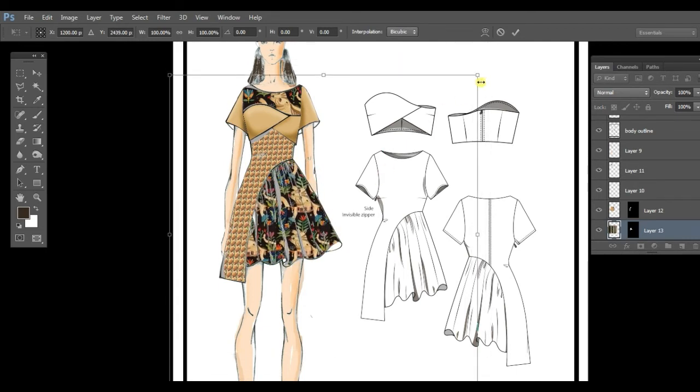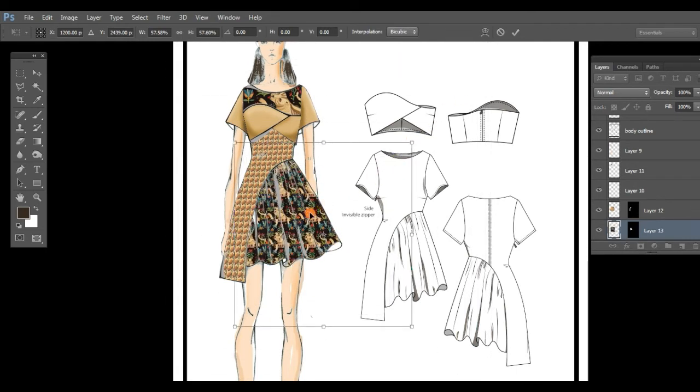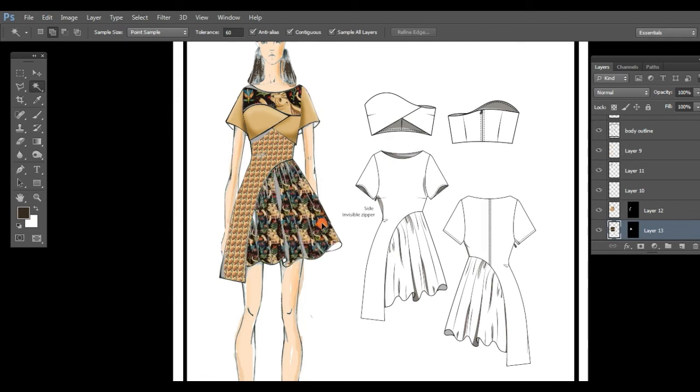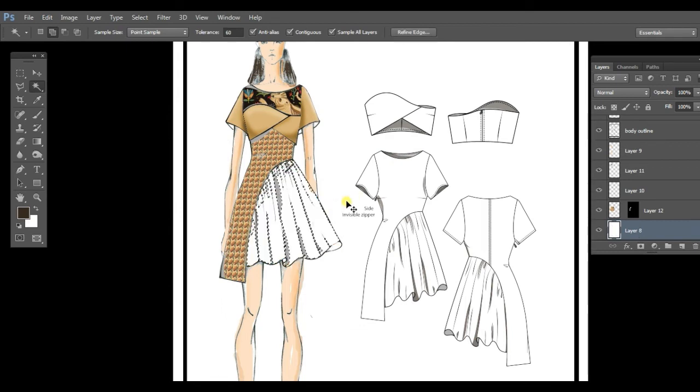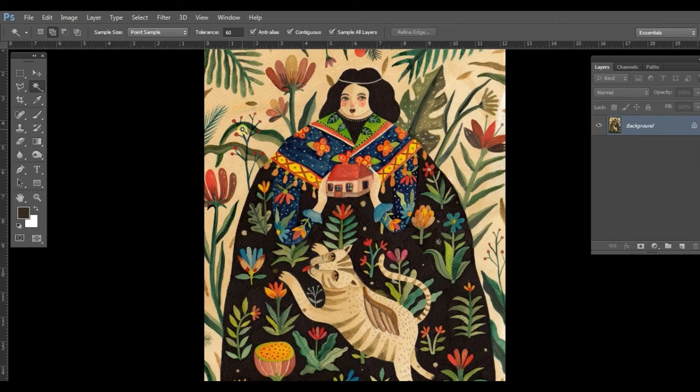So what we can do is to reduce the size and make the skirt. What we can also do is, if you don't like the pattern, just go here and create, let's say, the eye pattern. Or